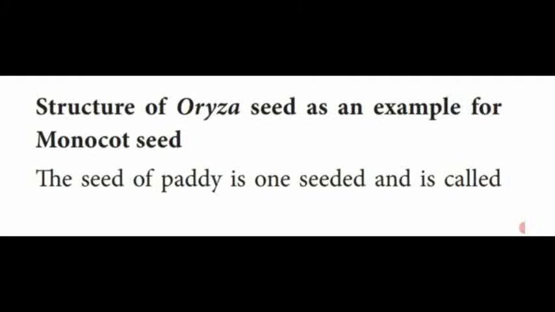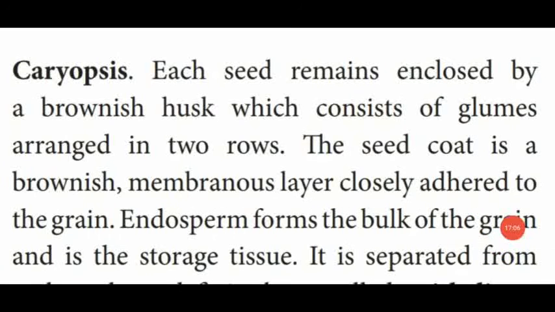This type of seed is named the Caryopsis type of seed. The single seed present inside the seed coat is known as a Caryopsis. This is an important 1 mark question, because there is only one rice grain inside the seed coat. That type of seed is called a Caryopsis. The seed which is present inside the seed coat,